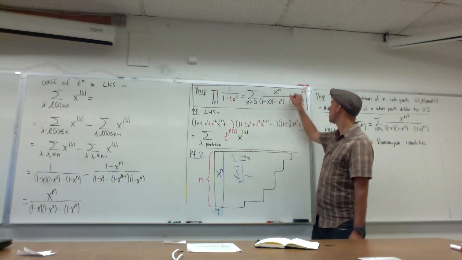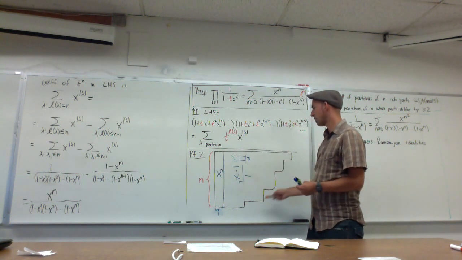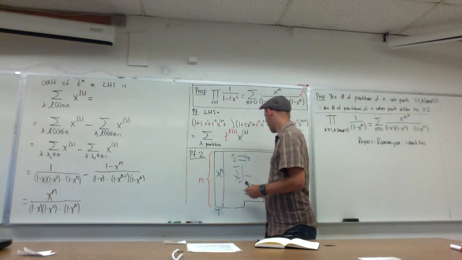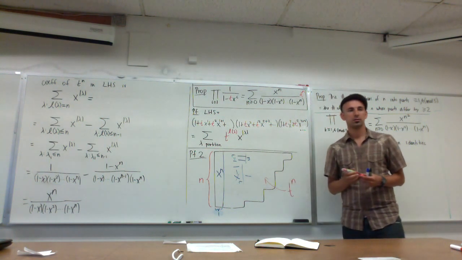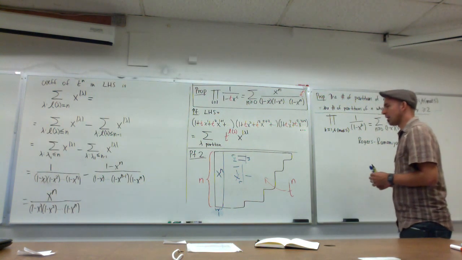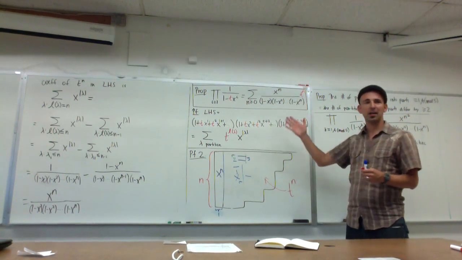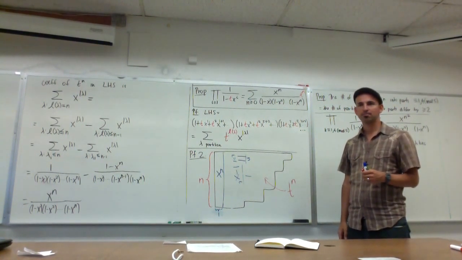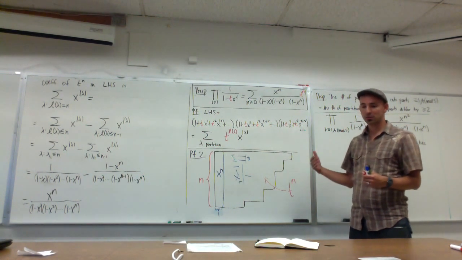And again, the t to the n comes from the fact that the number of parts is n, and therefore this guy has a weight of t to the n. And again, as you practice with this stuff, you get good at looking at an identity like this and just knowing what picture you're supposed to draw that proves the identity. So maybe our next goal will be to